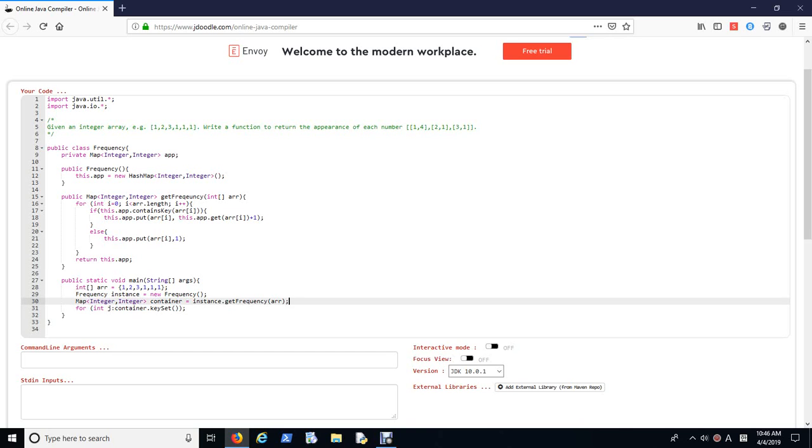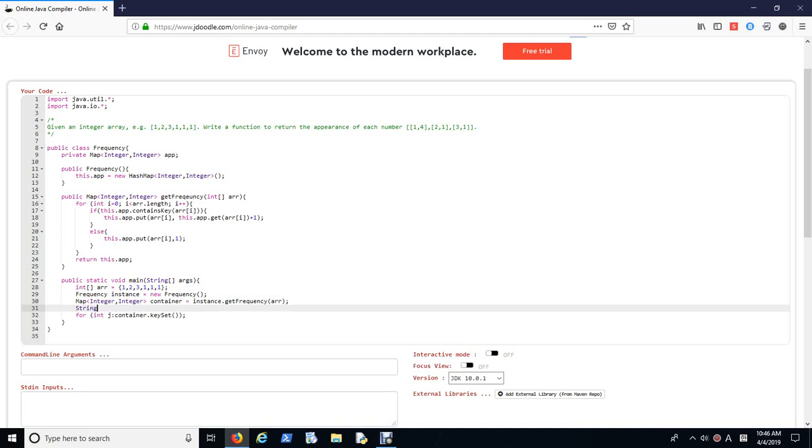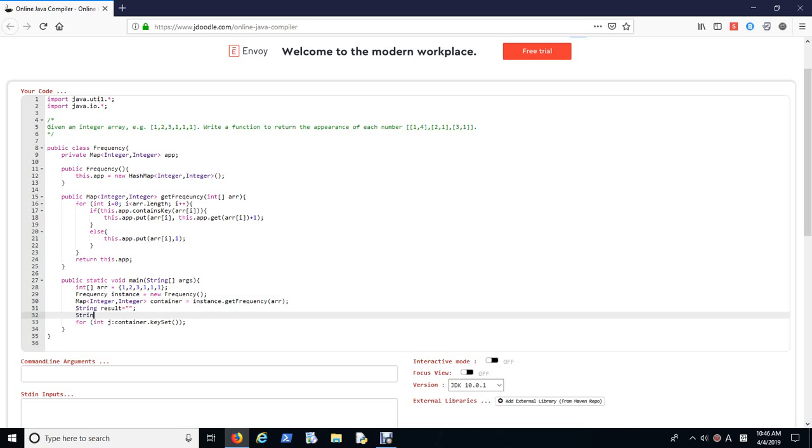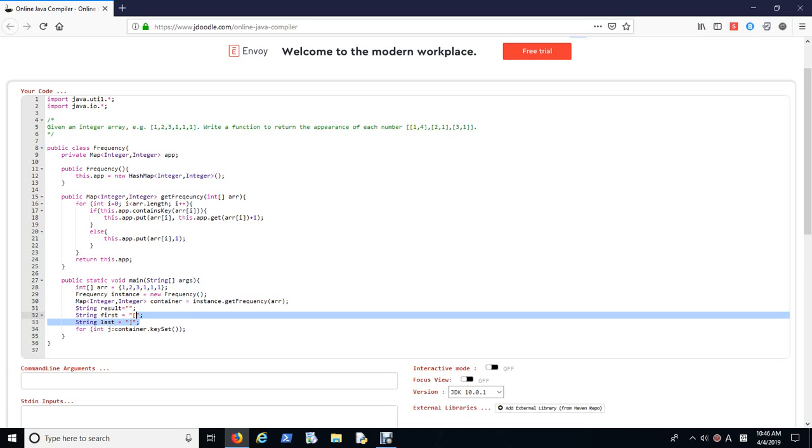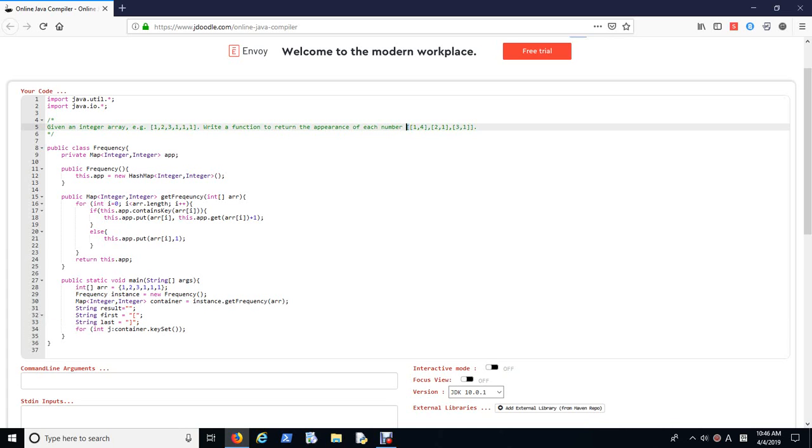But before I print it, I just generate a string result equal to an empty string, and string first equal to left bracket, string last equal to right bracket. The reason I do this, especially the string first and last, is that when I print it out, I want to just concatenate the first left bracket and right bracket here, and in between I want to keep accumulating through this keySet loop, and then append every single result here, if that makes sense. So for j in container.keySet,